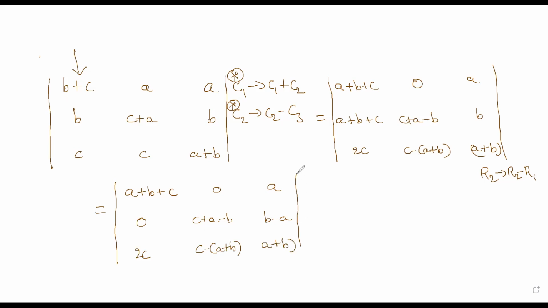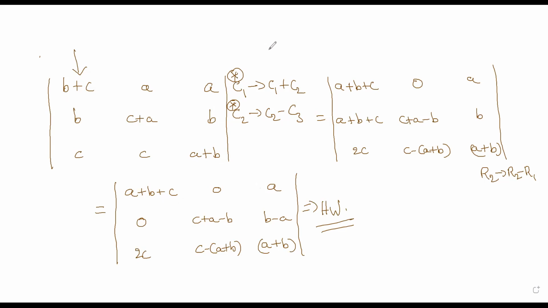Now what you can do is expand. Getting two zeros, and then you can give an expansion. This is one method. We got one zero in a row and one in a column. You expand either by a row or by a column. You have to evaluate two things. I will leave it to you as homework. Try it out to get 4ABC. This is method 1.